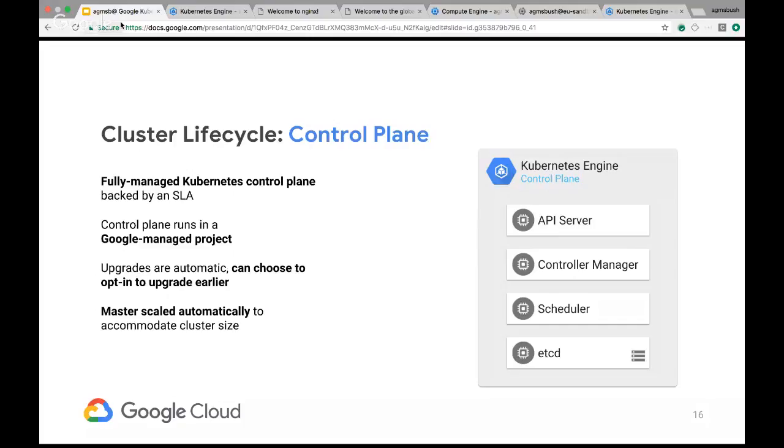So all of these different pieces are deployed and managed by Google for you, and it's backed by an SLA. The SLA will depend, and I'll get to that in a second, but it's pretty cool knowing that one of the more challenging pieces of managing Kubernetes infrastructure is actually handled for you automatically.